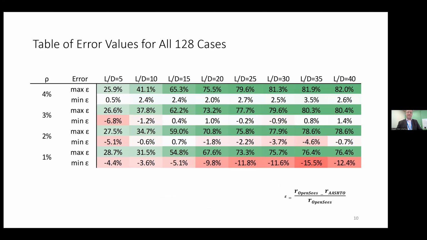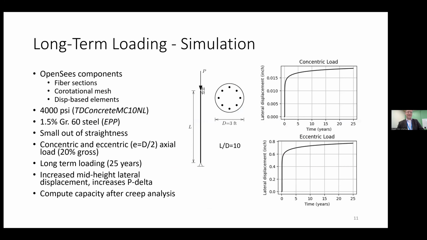Another way of looking at that with different reinforcing ratios, color-coded percent errors. You don't want to stare at numbers. And then also looking at developing models with long-term loading, using OpenSees components coming off the shelf, fiber sections, rotational mesh, displacement-based elements, all that good stuff. But using some of the newly developed time-dependent concrete models within OpenSees for the concrete fibers, and then just applying an axial load on this column, and then running it out over years of time to look at creep